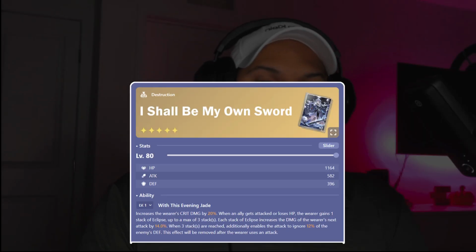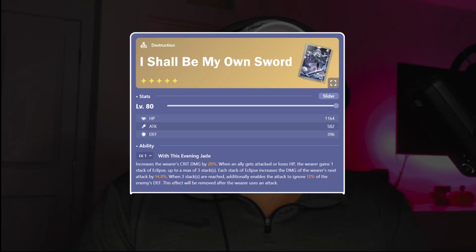To no one's surprise, your signature light cone is her best in slot. This light cone is honestly kind of insane. It increases your crit rate by 20%. Also, whenever an ally gets hit or has their HP consumed, Jingliu will gain 1 stack of Eclipse, which will increase your damage output by 12%. This can stack up to 3 times, and whenever you get the 3 stacks, your next attack will ignore 12%